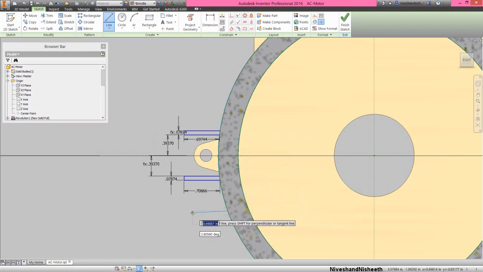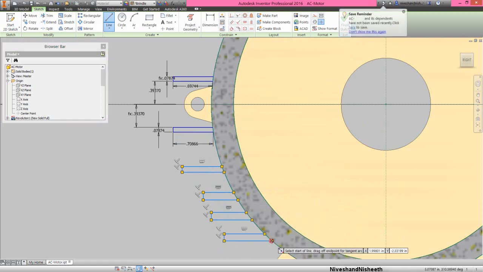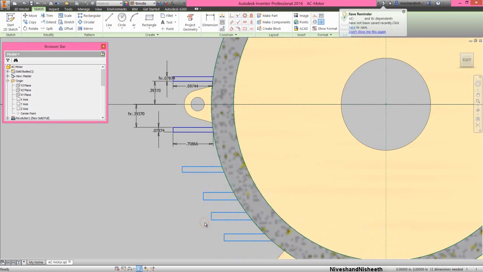Now we will create the 4 more sketches that we had done previously. Select this line and apply equal constraint.